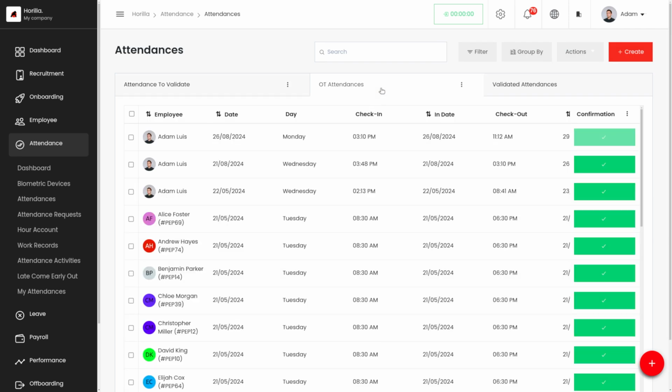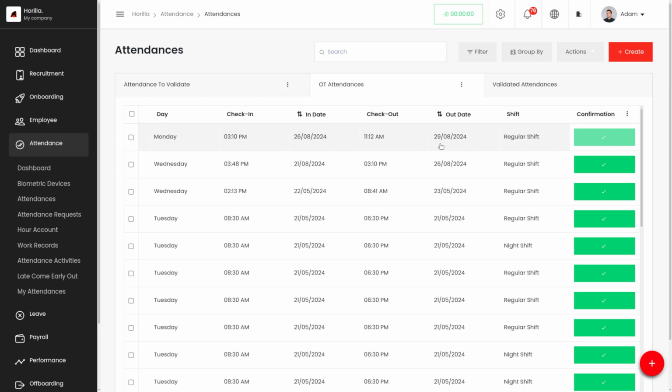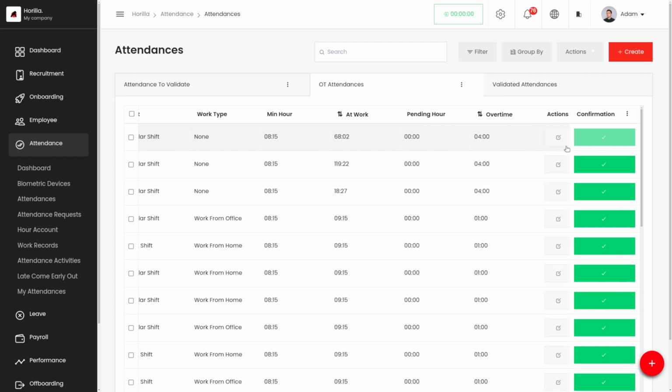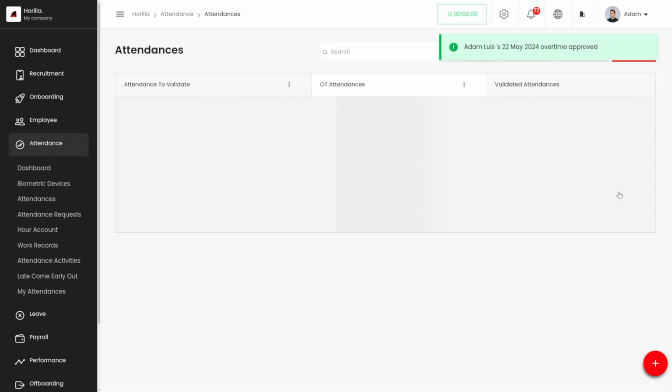And then we have the overtime attendances. For different validated attendances, there may be overtime that needs to be approved by the admin. So here we will be able to view all the overtime attendances, and we can also view them with multiple details like the date on which it was created, the check-in time, the in date, the checkout date, out date, shift, work type, minimum hour, at work, pending hour, etc. And to approve the overtime attendance, we can click on this approve overtime over here, and the overtime will be